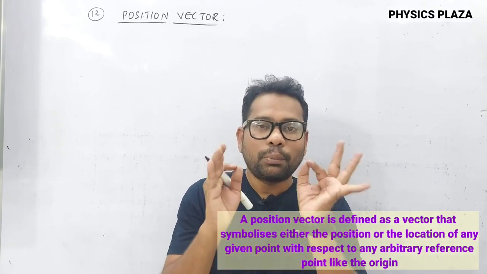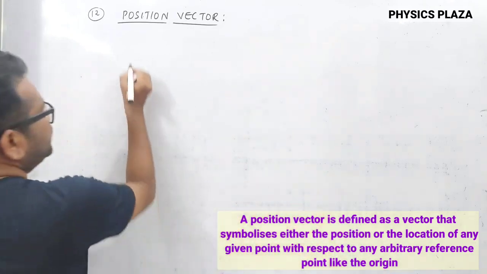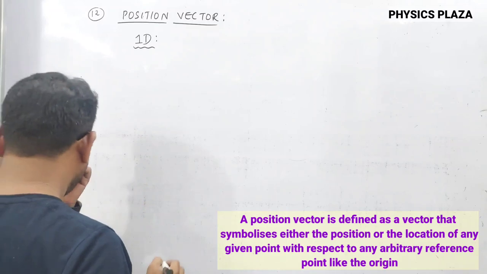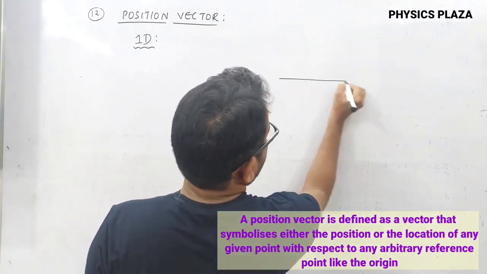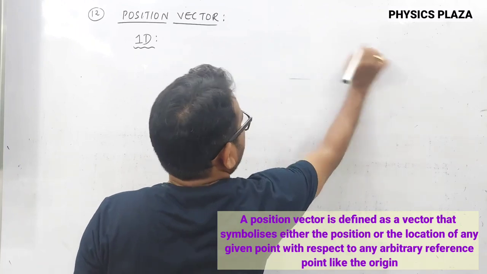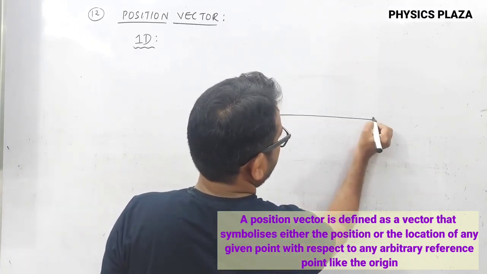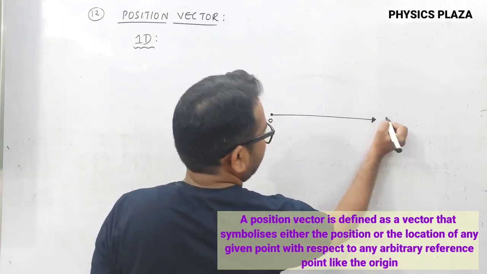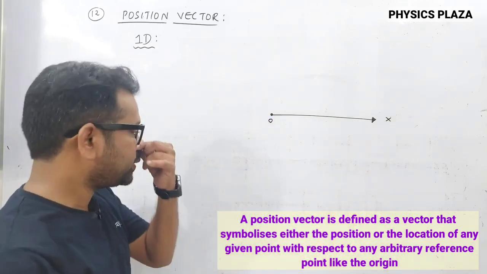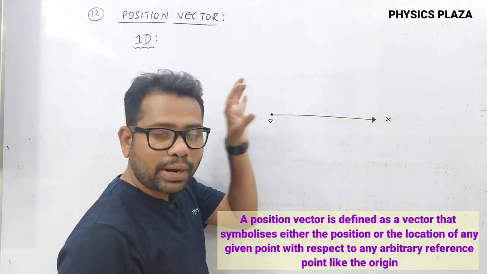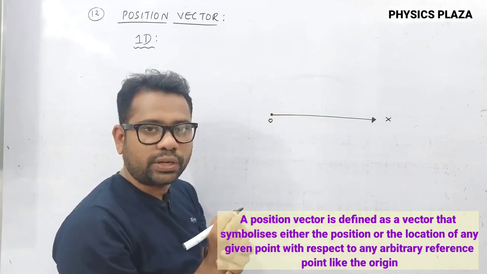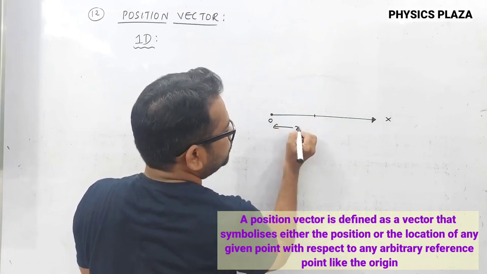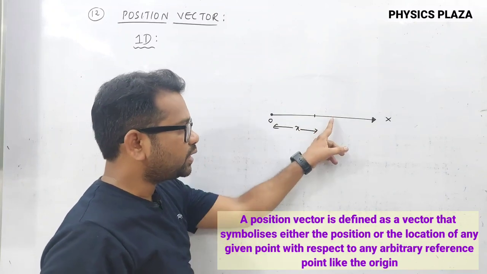First we'll discuss the position vector in one dimension. Suppose here, let us say it is the x-axis. Children, somewhere we have to start. Let us say this is its origin on the x-axis. Now suppose one particle, try to understand, one particle along the x-axis direction only, has traveled x units, let us say small x units. Then its position vector with respect to the origin